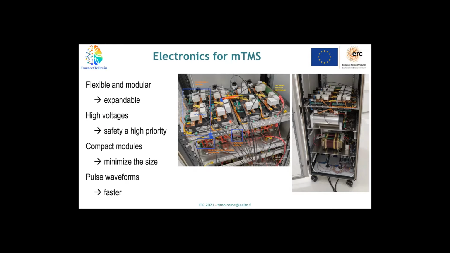In addition to the coils, we need electronics to control them. These electronics are based on H-bridge circuits that are able to drive pulses with less energy and less coil heating compared to conventional TMS electronics. In addition, we are developing high voltage pulse transforms, which can be used to approximate lower voltage pulses and thus avoid the need to discharge the capacitors between the stimulations, and thus enable faster pulse trains.